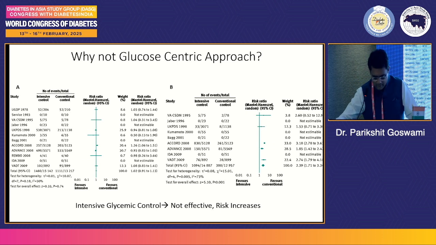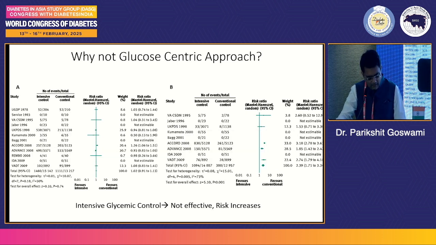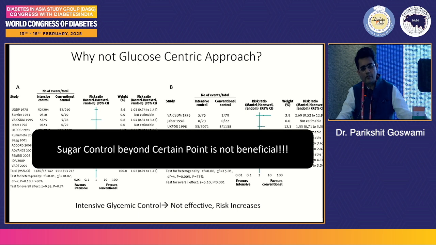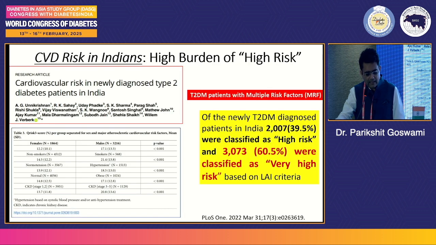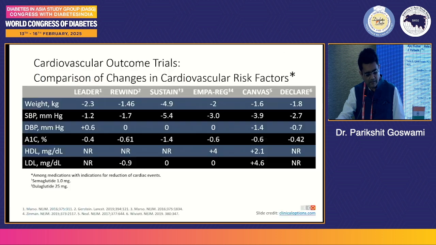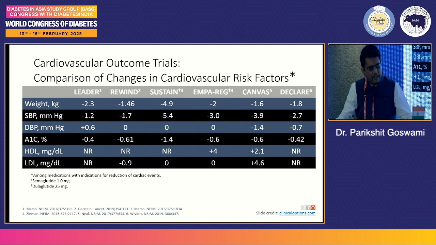And what we learned from the ACCORD and ADVANCE data is that intensive glycemic control is not effective, but on the contrary, it increases the risk. So sugar control beyond a certain point is not beneficial. Again, newly diagnosed type 2 diabetes patients have multiple risk factors. And we will be talking in future also regarding these landmark trials: LEADER, EMPA-REG, REWIND, SUSTAIN,